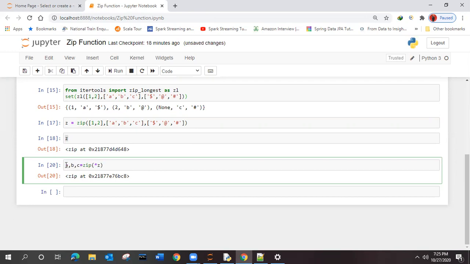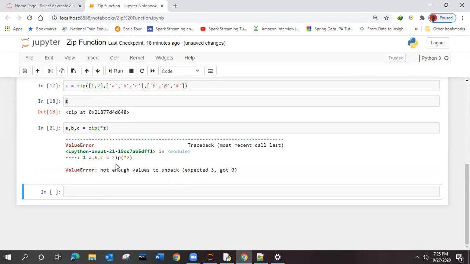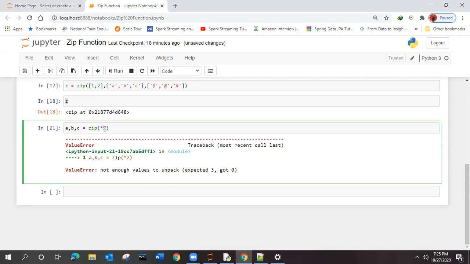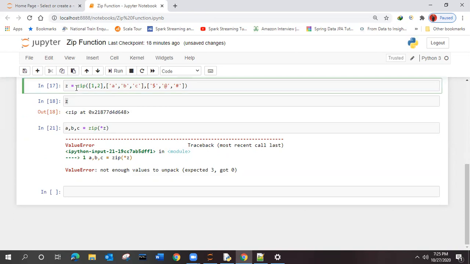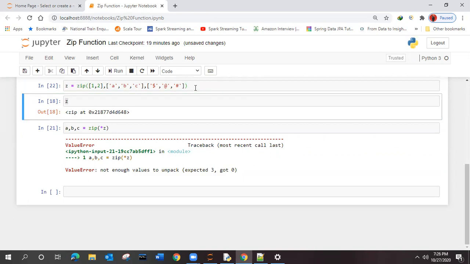So suppose these are the three variables. You are clear with the syntax, right? Error: not enough values, expected three, got 0. Why? Because we are passing the double zipped one. We need to execute once and then we will be able to see.